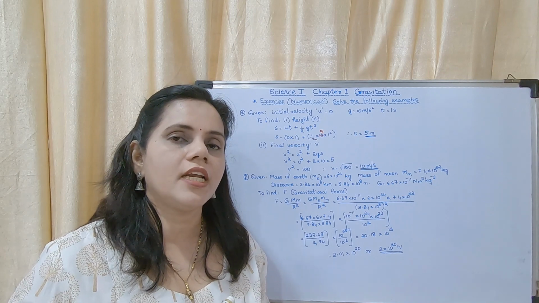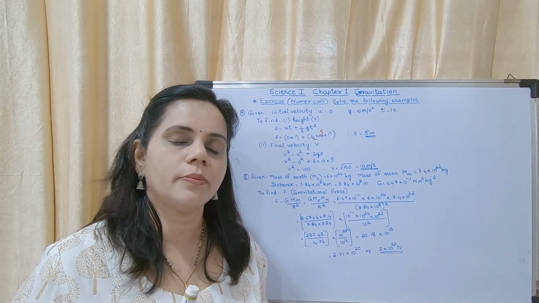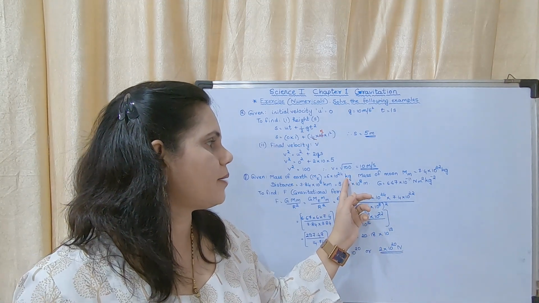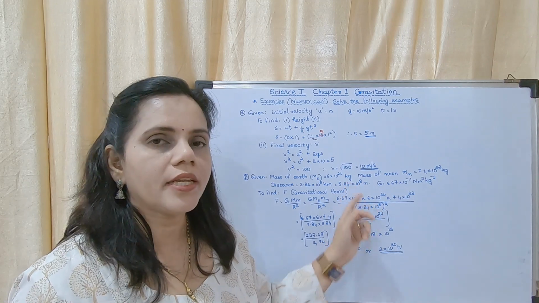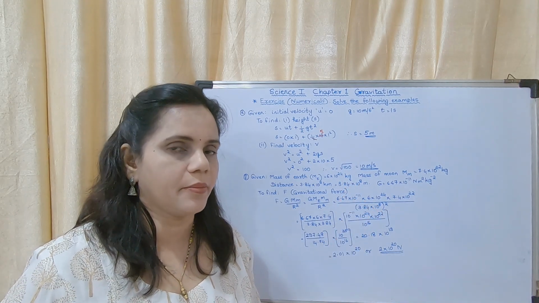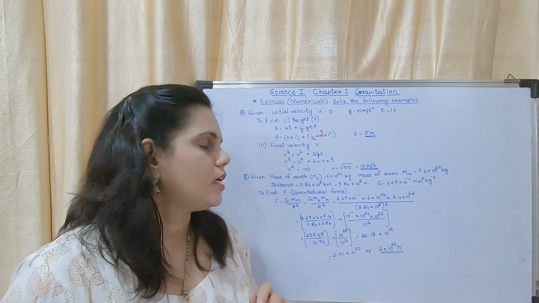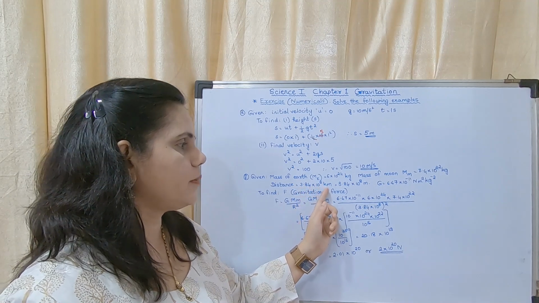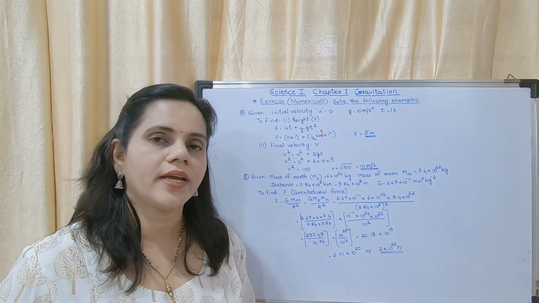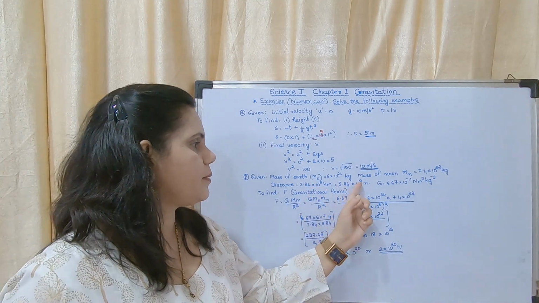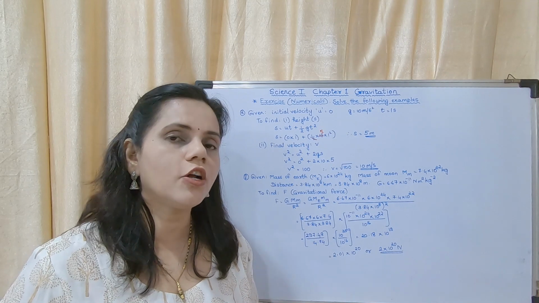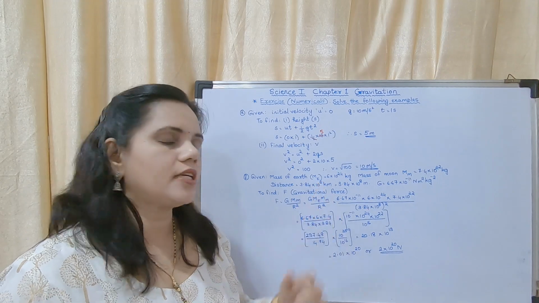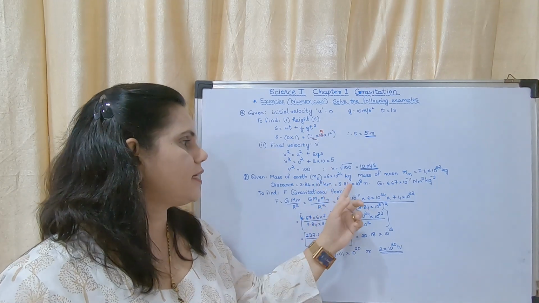Okay, either all the values should be in meter, or all the values should be in kilometer, or all the values should be in centimeter. Here you may see this is kilogram, this should be in meter according to the MKS system, that is meter kilogram second. Okay, so according to that you have to convert the distance 3.84 into 10 raised to 5 kilometer into 3.84 into 10 raised to 8 meter. How did this 5 become 8? Because 1 kilometer is 1000 meter and 1000 is 10 raised to 3. So you have to add that 10 raised to 3. So it will become 10 raised to 8.